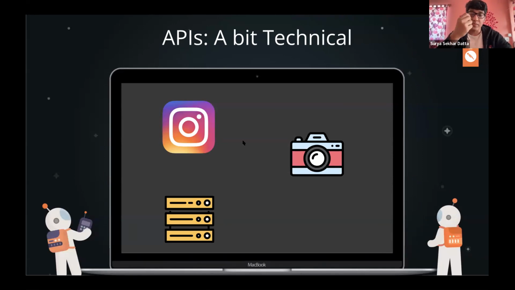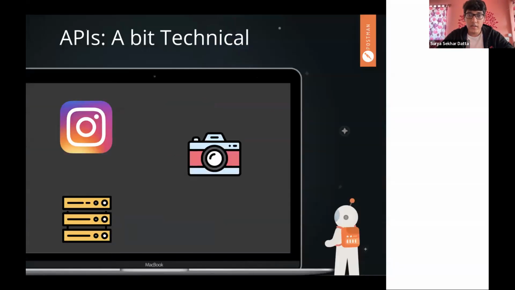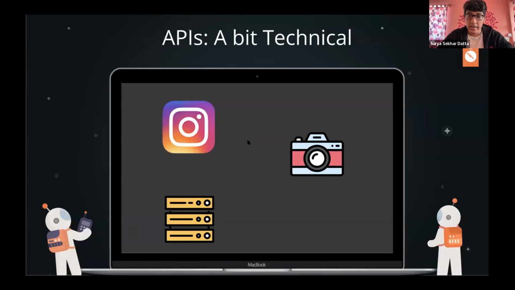I just took the example of Instagram, right? So how Instagram basically works is, first, in order to take the photo, Instagram uses a hardware level API. It communicates directly with your camera and it clicks a photo. Now the photo comes back to the Instagram app. Now this photo you just clicked is in your app, right? The rest of the users cannot see it.